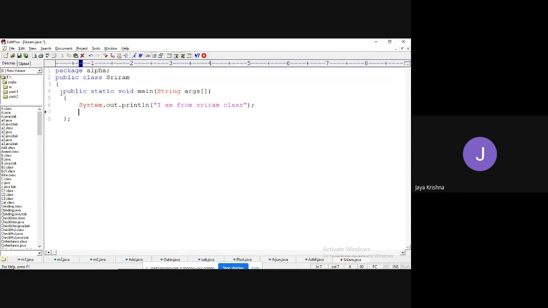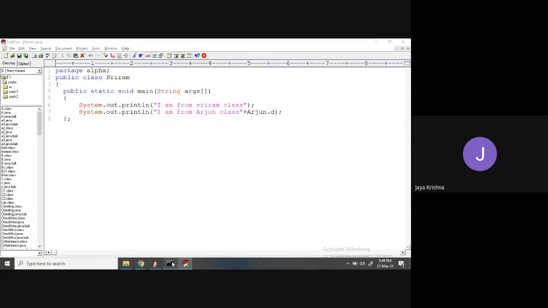I'm just trying to print. Then I would like to print the value which I have given in Arjun class. What's the value? Arjun.java, d. I have to call d. Okay, fine. Instead of creating an object, if I make this static, can I call it with respect to the class name or not? Simply, I can call it with Arjun.d.